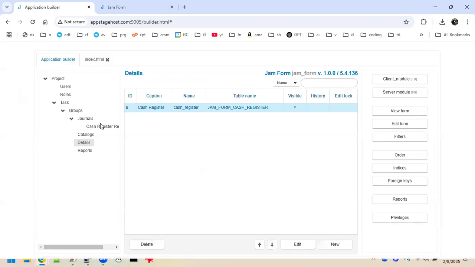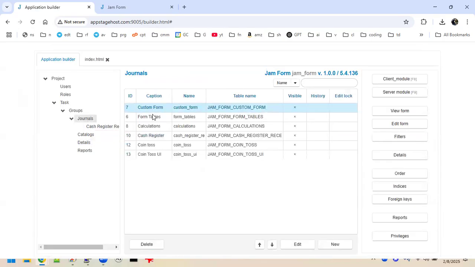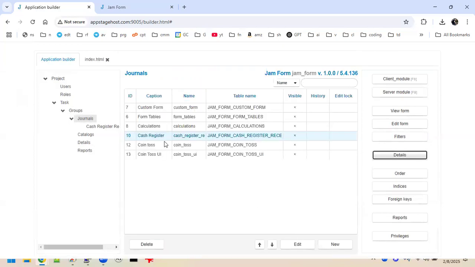Okay, so that is set up as a detail of the cash register journal. So I've taken that detail and moved it over here. So we're using that detail table as a sort of subtable of the cash register journal. Okay, and we look at that cash register journal, we've added